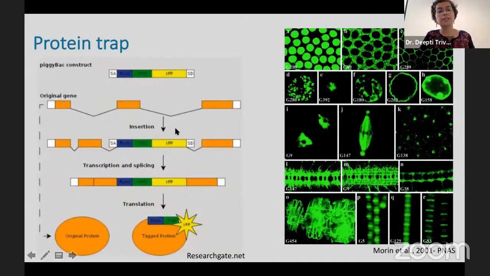Let's say it inserted in the intron of a particular gene, and in your P element, you have chosen to put not a reporter like LacZ, but a GFP. Then the protein that is produced, if you have added a splice acceptor, will express GFP in tandem with the gene, the protein itself. And then you can find, for example, in this case, if you just see the top panel,